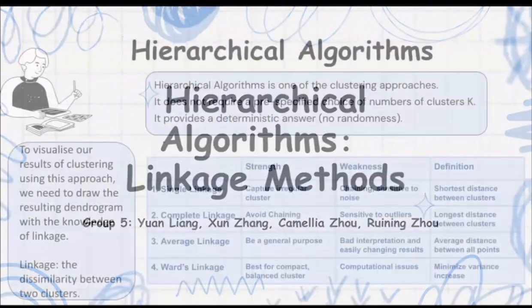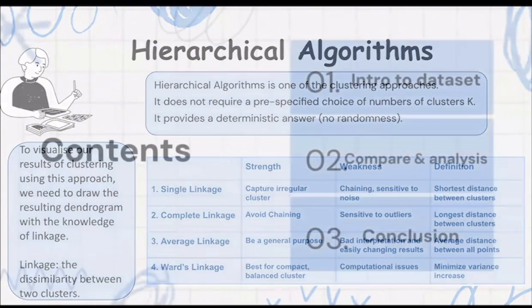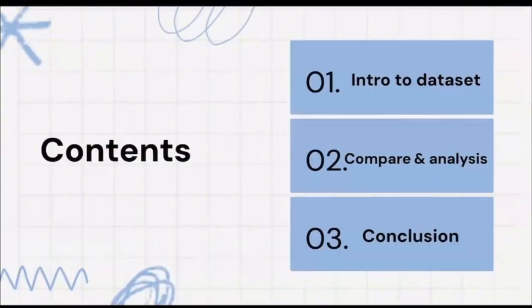So from the lecture, we know hierarchical algorithm is one of the clustering approaches, and we list 4 different linkages. Single linkage is the shortest distance between clusters. Complete linkage is the longest distance between clusters, and the average linkage is the average distance between all points. And the Ward linkage minimizes the variance increase. Today I will talk about the intro to the dataset, comparison and analysis for our situation,